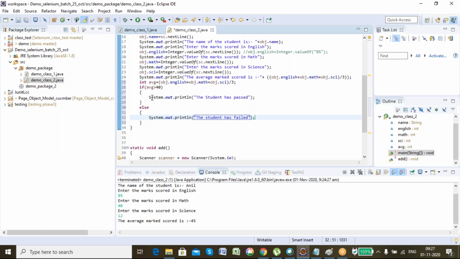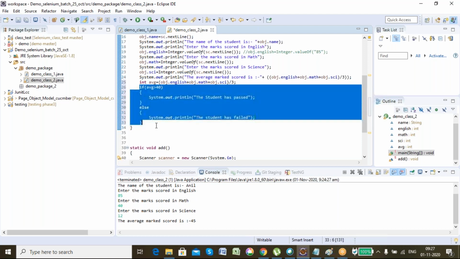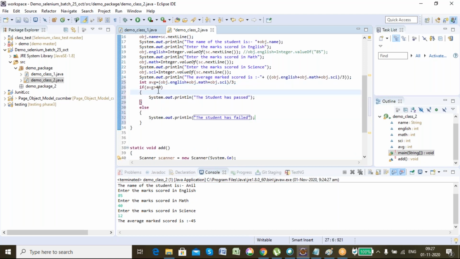Now, what here I'm doing is an if else statement. So what does this if else statement do? This is a conditional statement. So what will it check? It will check the condition that we have given inside the if. If that condition is true, then only it will enter the if block, else it will enter the else block, right?